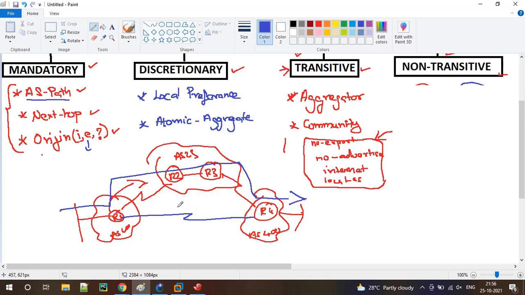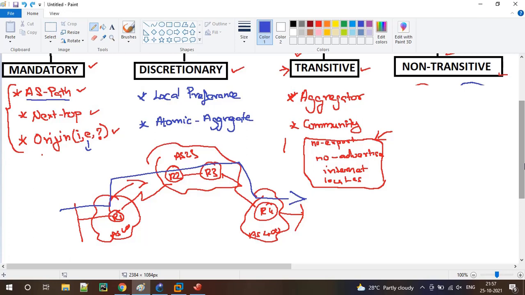AS23 is used to send or receive packets either from R1 to R4 or from R4 to R1, vice versa. That is called transit. These attributes are allowed to be sent out of our autonomous system and are carried over different autonomous systems further. That is what the optional transitive attribute is.